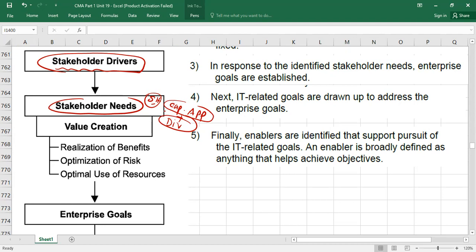To meet the stakeholders' needs, you need to create value for them. So value creation means to say what? Value creation means you should generate benefits for them. Okay, you should generate profits for them. As I'm giving you the example for shareholders, to increase the stock price or to pay the dividend to the shareholders, you need to have a profit. So I would say the profit could be the value creation.